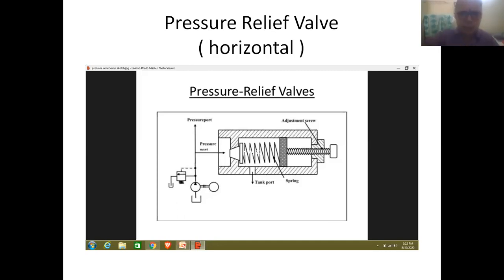And if it is rotated in anti-clockwise direction, then the screwed element will be moving in forward direction.